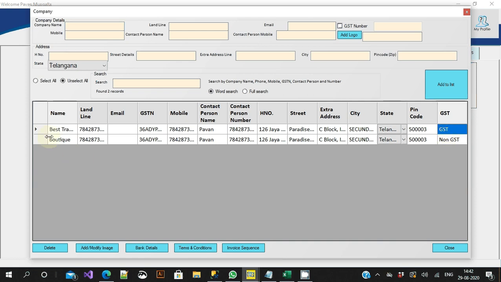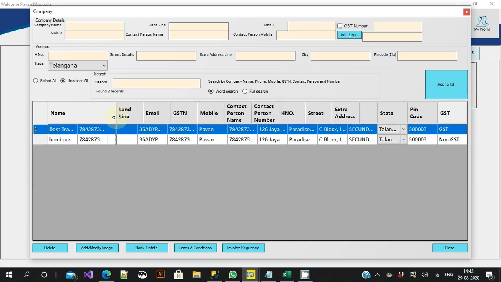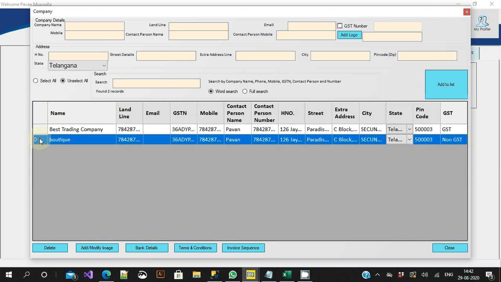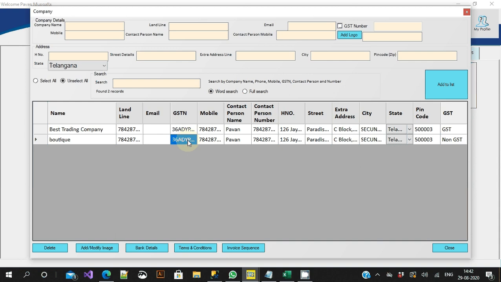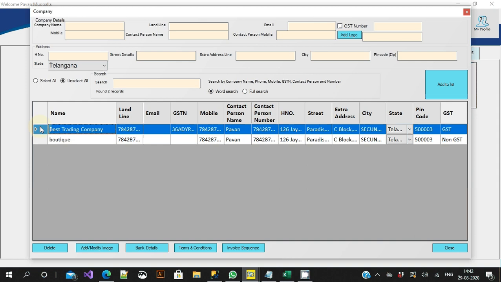Here I have already defined one company called Best Trading Company and another company called Boutique. Boutique is a non-GST company. Of course, I have mentioned some GST number which I will be removing. So this makes it a non-GST and this makes it a GST. Assume that you have three companies. Another company name, for example, could be